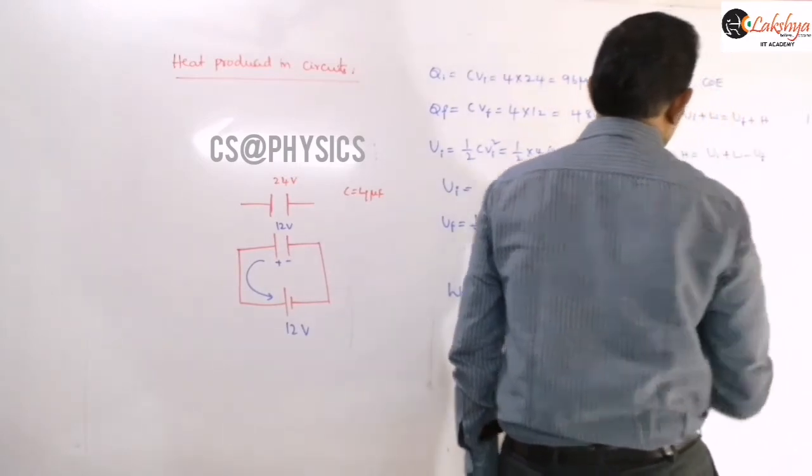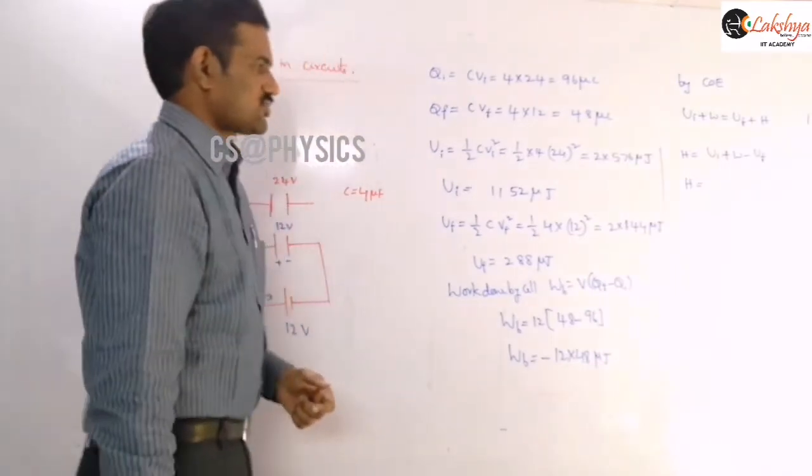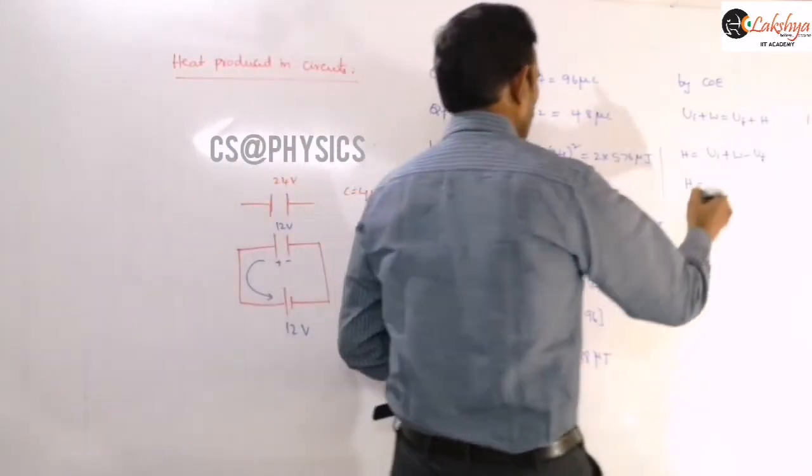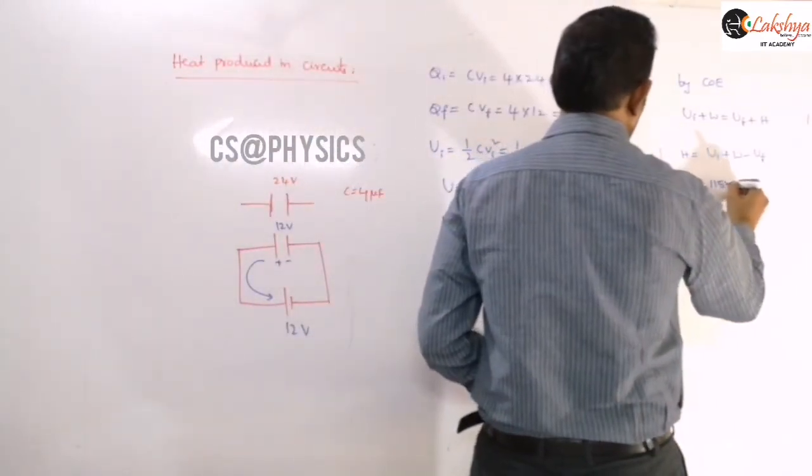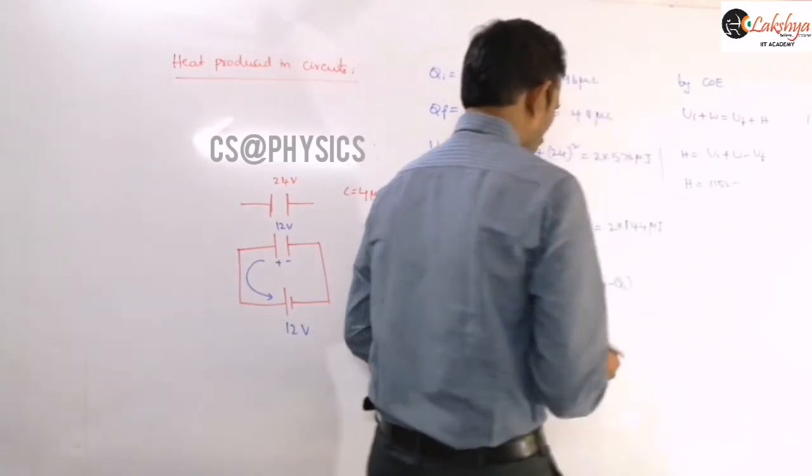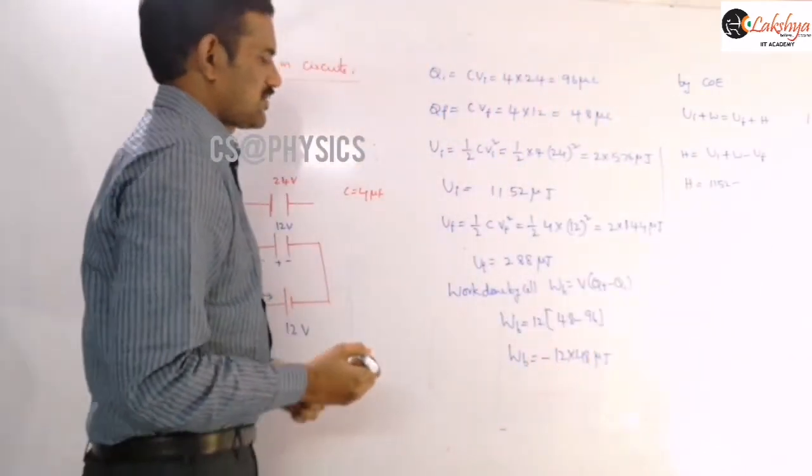Now you can substitute those values here: U initial is nothing but 1152, and the work done is negative, and its value is